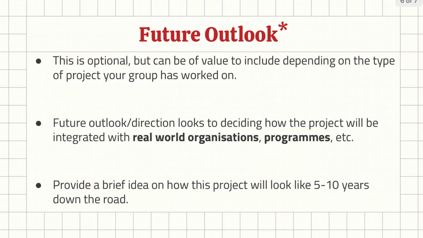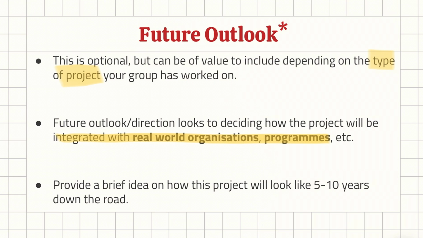Alright, the future outlook is something that some students tend to omit, right? Some schools don't really want to include this part. It's up to you as well, whether you see a need for a future in this project. So this is optional, right? But it can be of value to include depending on the type of project your group has worked on. The future outlook looks at deciding how the project will be integrated with real-world organizations and programs, right? So for example, maybe potentially the Live Healthy or Live 365 app in Singapore, right? It could be something that is in line with whatever the aims of your project are,